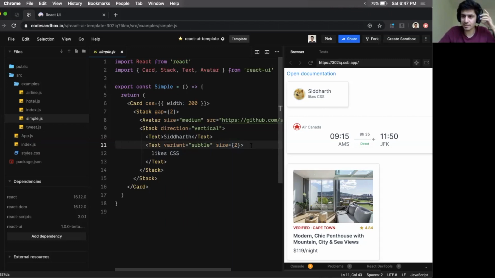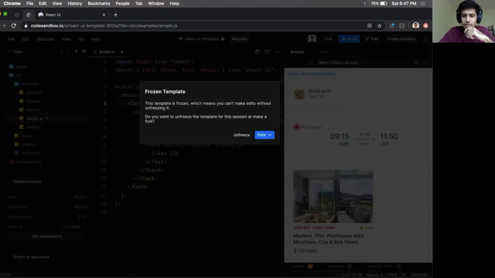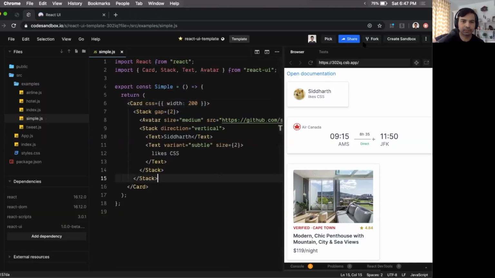So it seems like there are some theme properties that you can give to your components, but at the same time, you can also give CSS to your components. So for example, this card, I can say this should have this width, and I can say this should have a box shadow of the entire string, whatever CSS I want. Okay. Yeah, that looks very interesting.